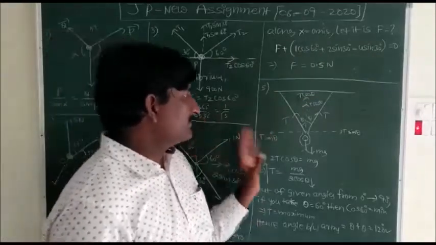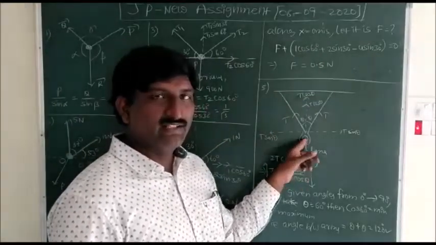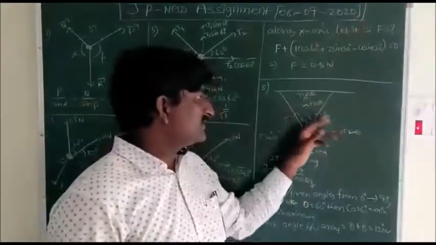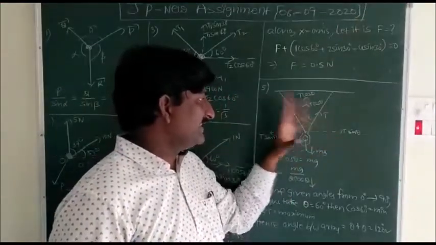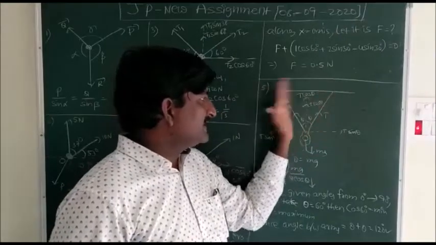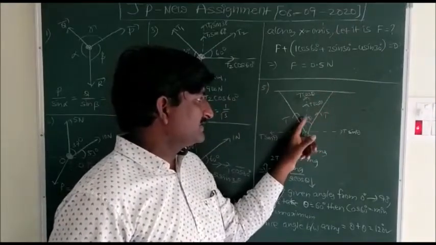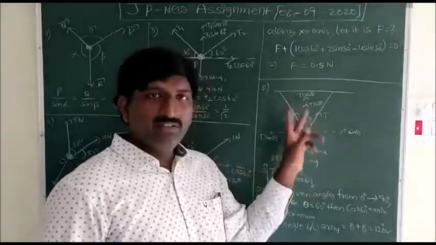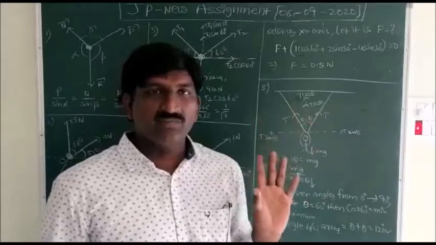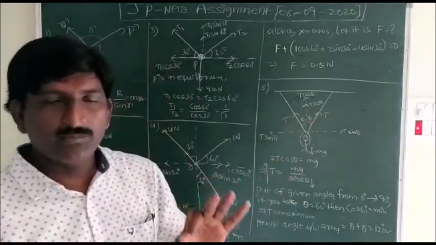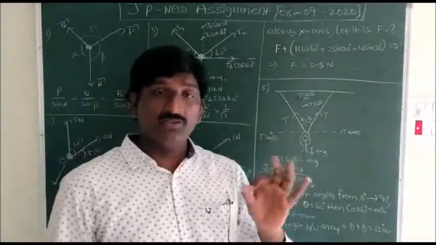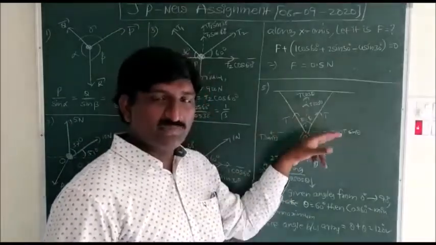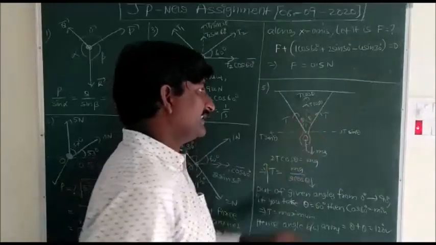And coming to the fifth problem, a boy is hanged from a horizontal branch of a tree. The tension in the two arms is the same, clearly mentioned as T. And the angle between the two arms is mentioned as theta plus theta, 2 theta. The question is, at what angle between the two arms is the tension maximum? First of all, I am calculating the magnitude of the tension according to the components of the tension. Both the tensions in the arms are split into two components with the help of these angles.